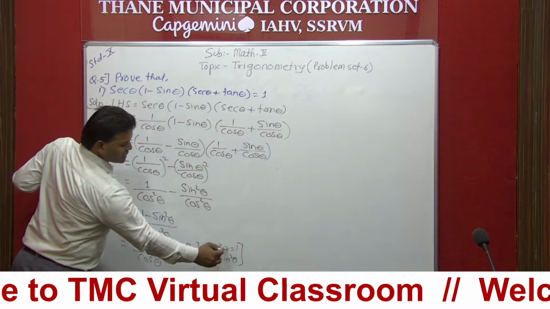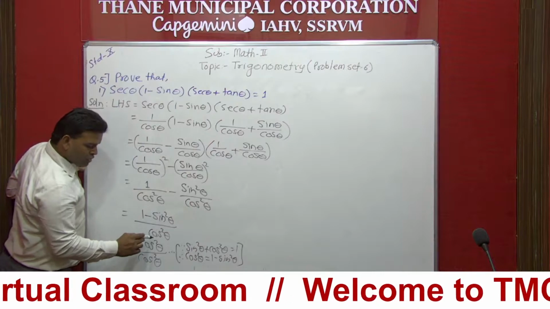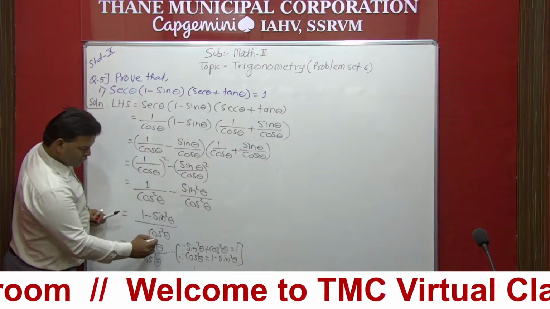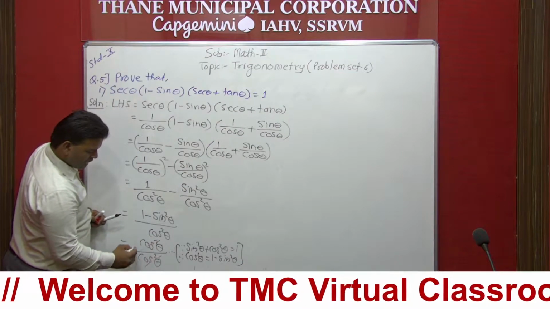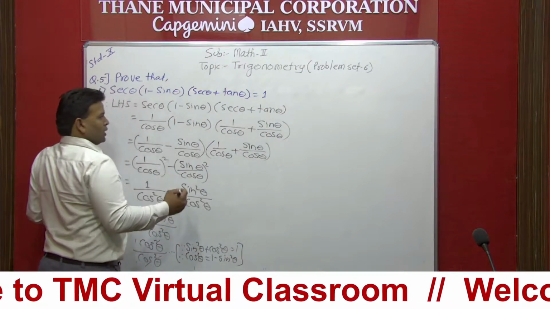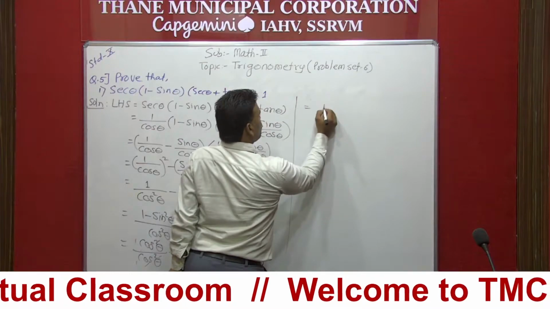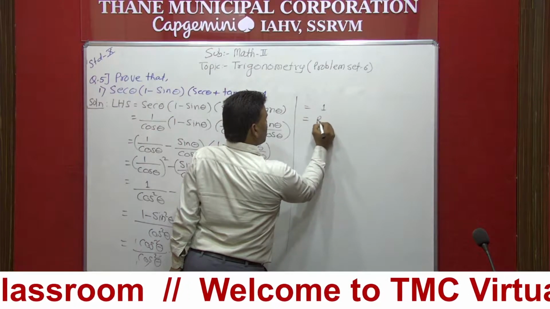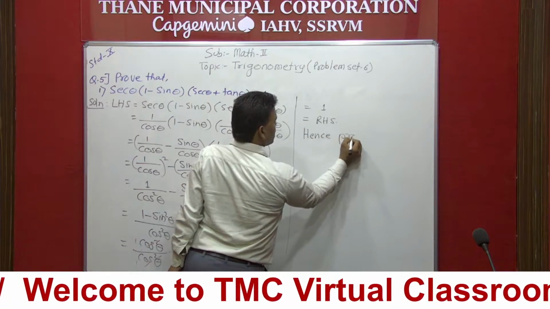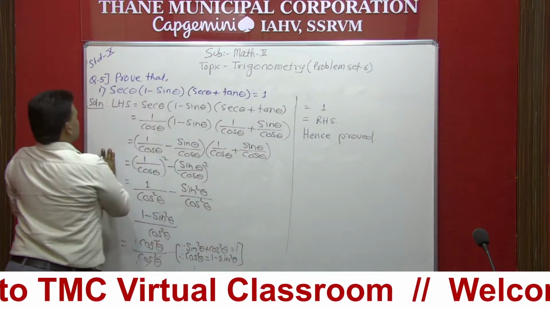So here, instead of 1 minus sin square theta, I have written cos square theta. Now cos square theta upon cos square theta will get cancelled. So what happened here in the next step? Here this is going to be cancelled, ones are... And finally we will be left with, here I can write down the last step, that is equal to 1. And finally this is going to be our right hand side, and here I will write down hence proved.